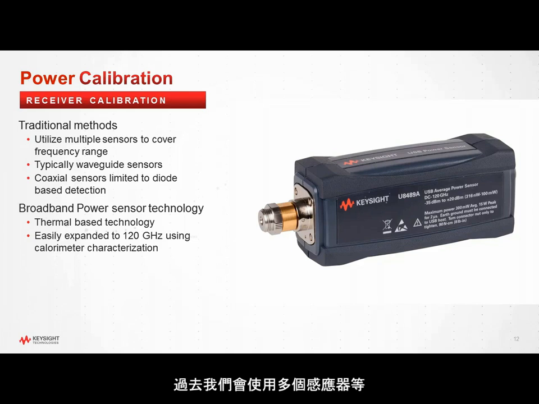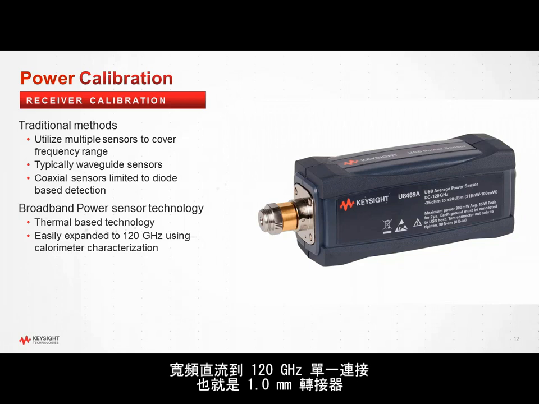And traditionally, you would use multiple sensors to cover the frequency range. Typically, these are waveguide sensors, and limited. The diode-based coaxial sensors are very limited in their performance and dynamic range. And so we've implemented at Keysight a broadband DC to 120 gigahertz single-connection, 1 millimeter connection to your measurement